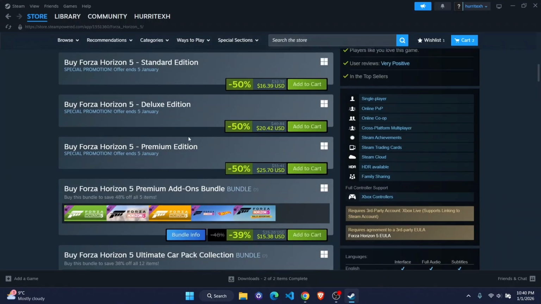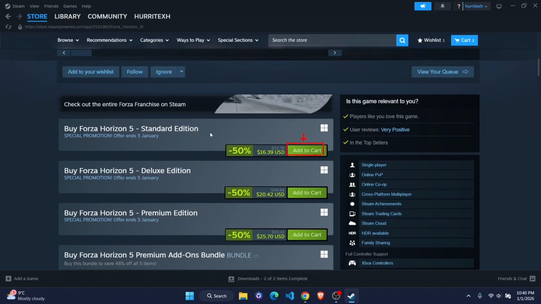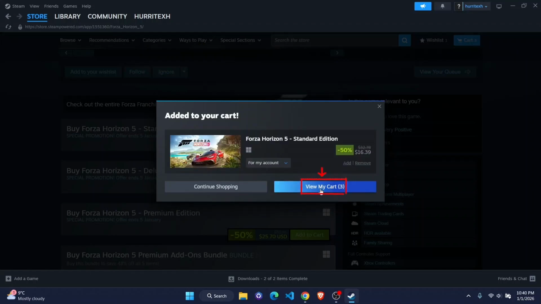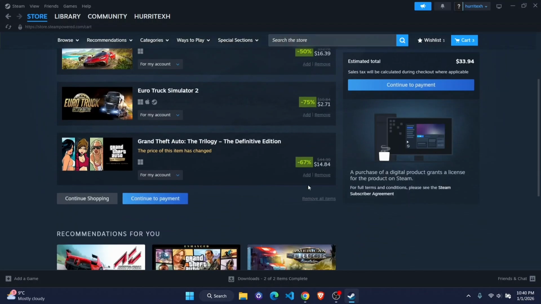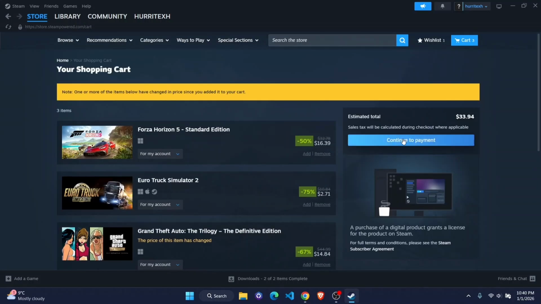There are different options for different bundles as well. So here is the standard edition, which I'm going to add to cart. Now you can just click on view my cart. Once you have done that, you can just go ahead and head over to checkout. Click on continue to payment,